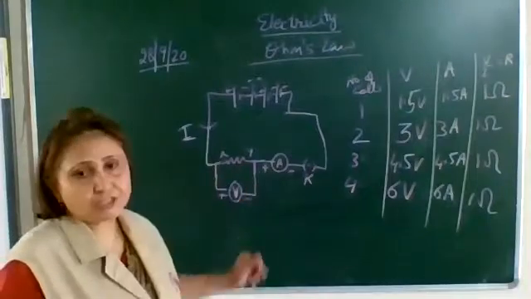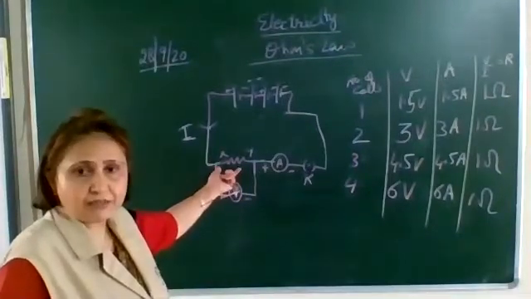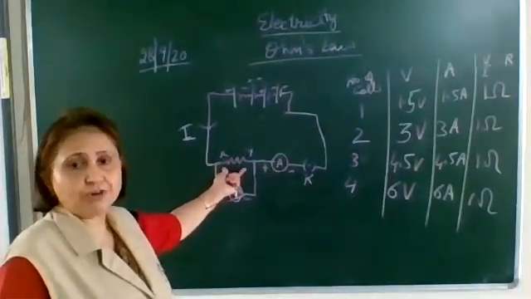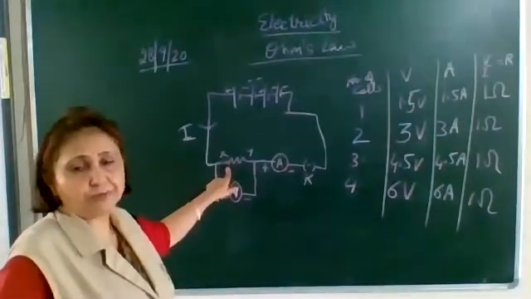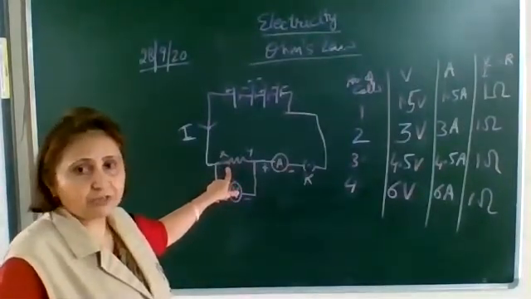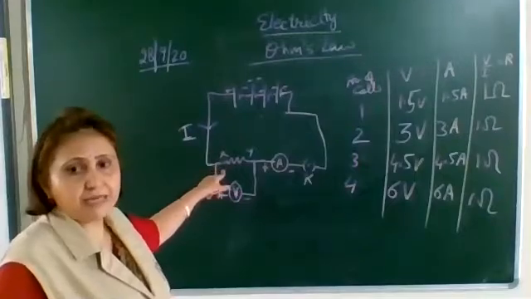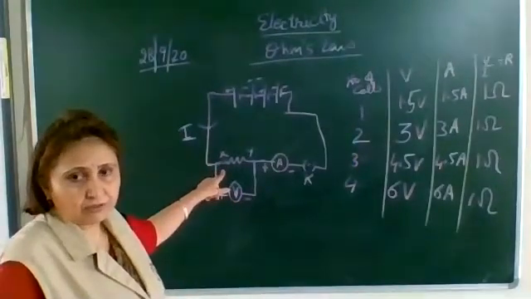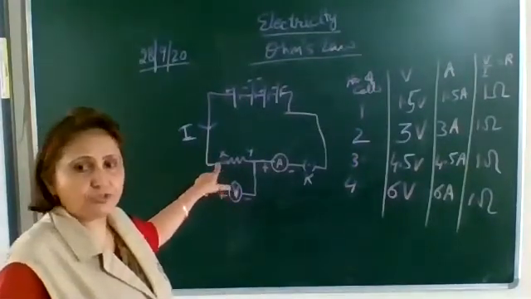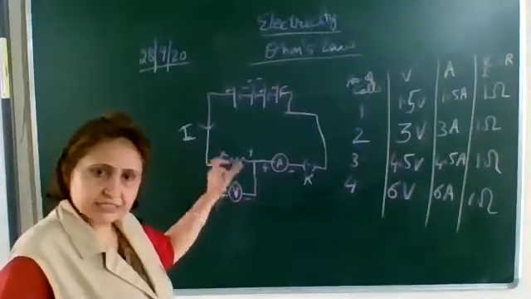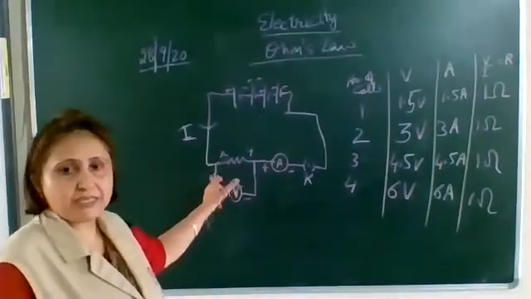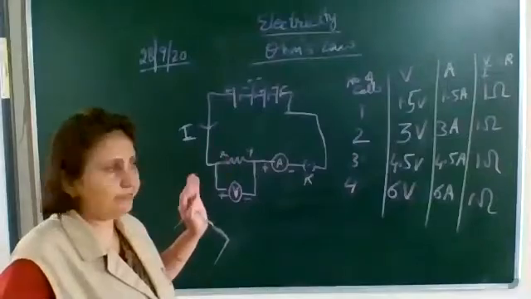That is, the temperature should remain constant across this wire. The length of the wire should be constant. Once we have connected, we are not changing its length. Its thickness should be constant. We are not changing to any other wire whose thickness is more. The material should be the same, so the same material we are using. So once we connect the wire, its length is constant, cross-sectional area is constant, temperature is constant, everything is.